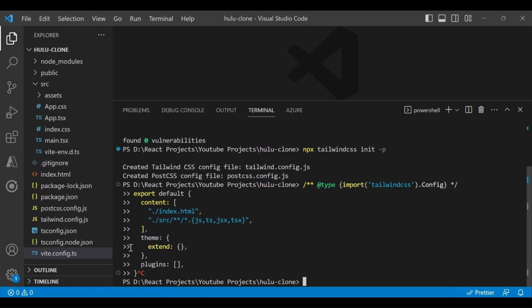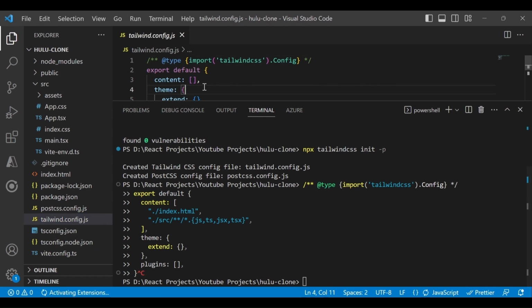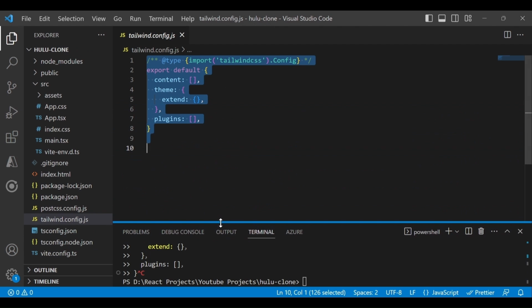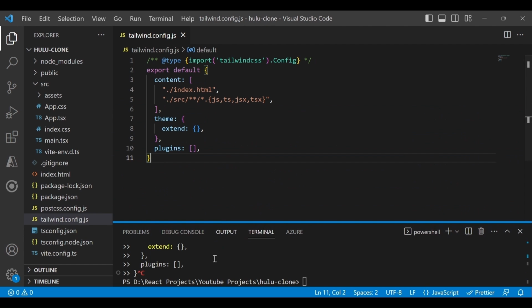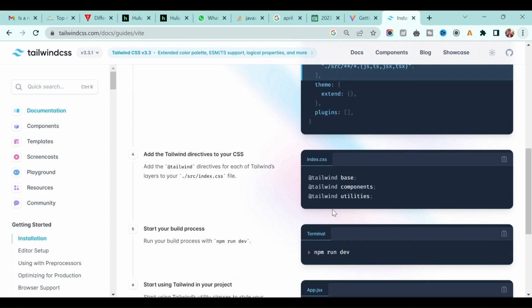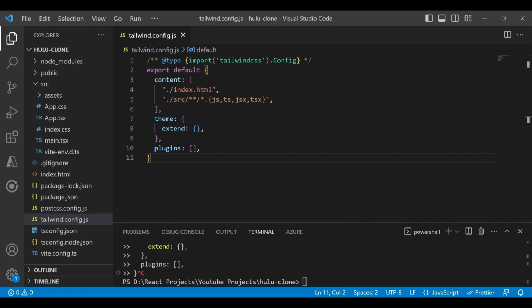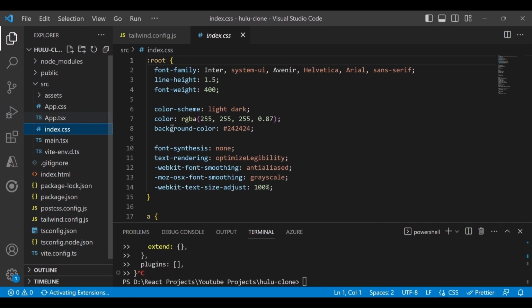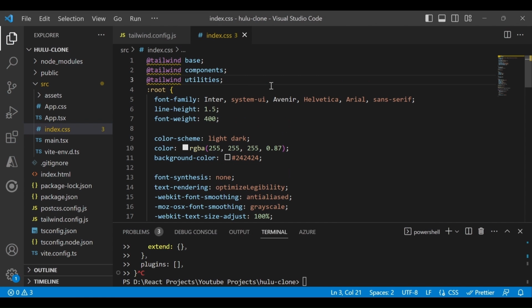Oh sorry, not here. So if you go to tailwind.config.js, here remove the existing code, paste the new code, and then we have to add these three import kind of statements in index.css. So go to index.css and here I will add it at the top and save it.